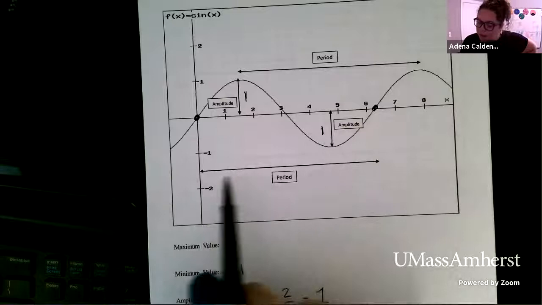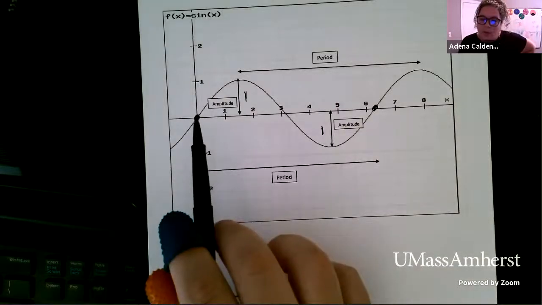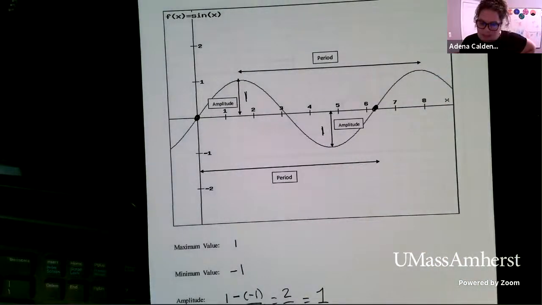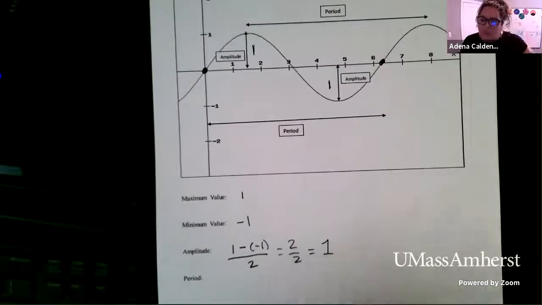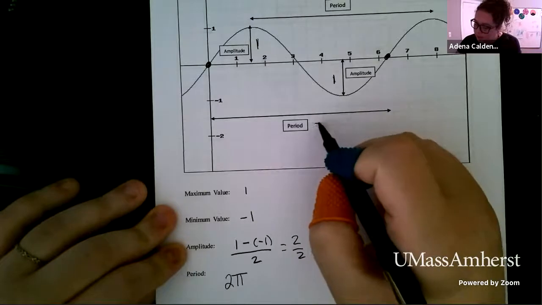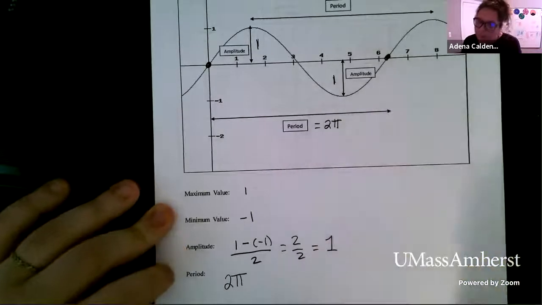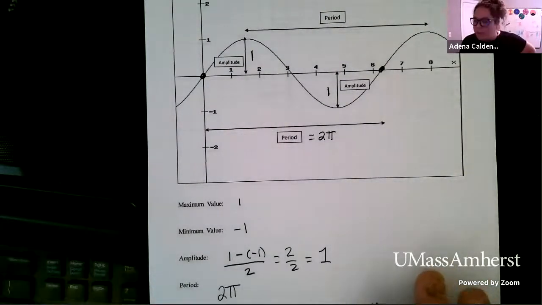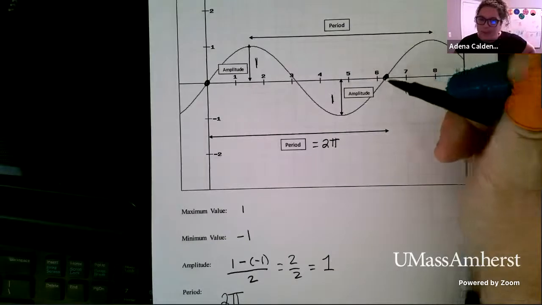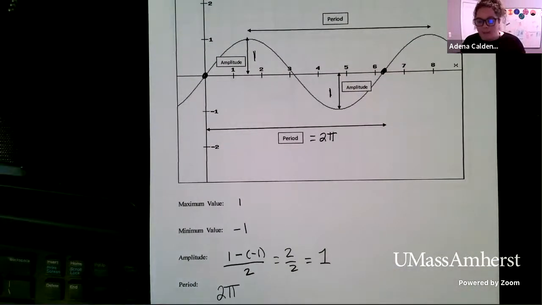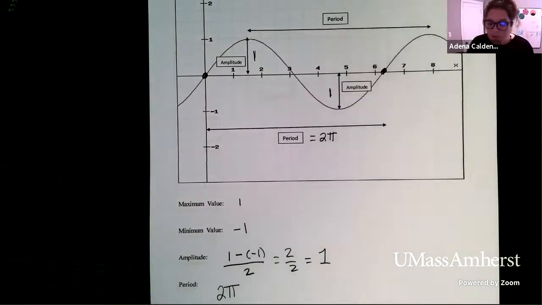Now the period of sine, so how often it repeats, we start at 0 and we come over here and you see we're a little bit past 6. So it turns out that the period of sine is 2 pi. Okay, so remember that pi is approximately 3.14. So that means 2 pi is 6.28. So you can see we're a little bit past 6. And so every 2 pi units, sine will start again and repeat. Okay, so that's the sine function just in terms of its basic characteristics.